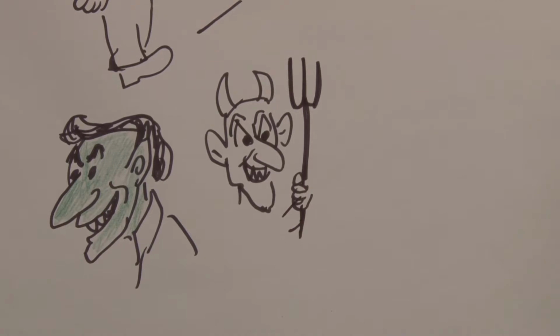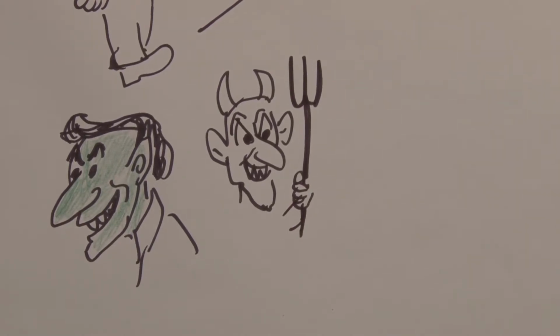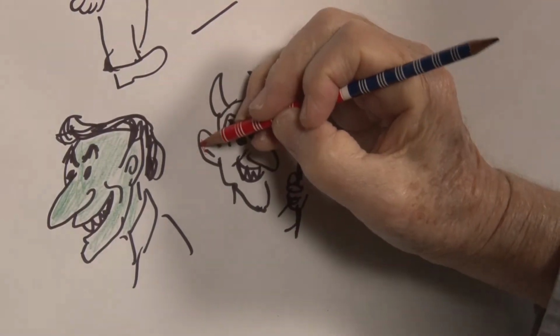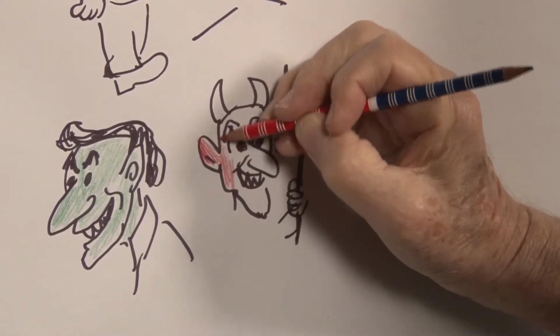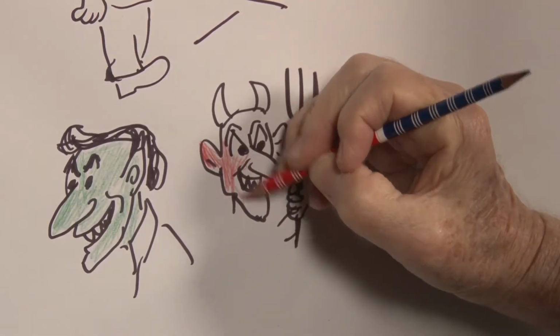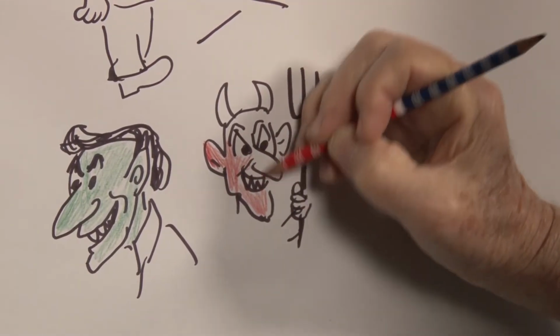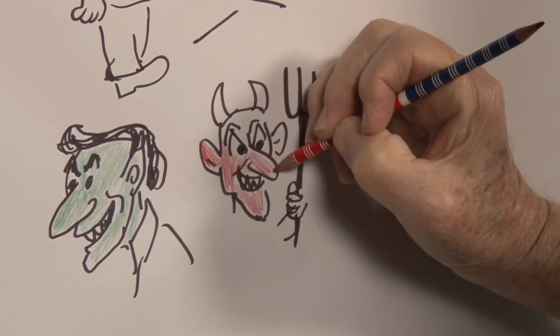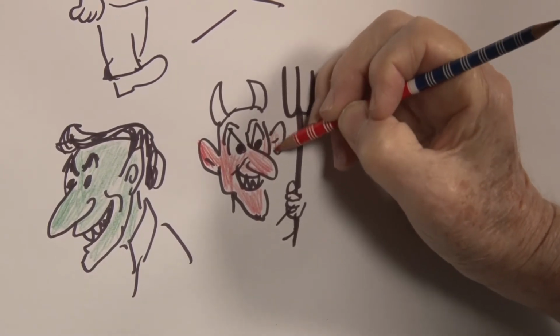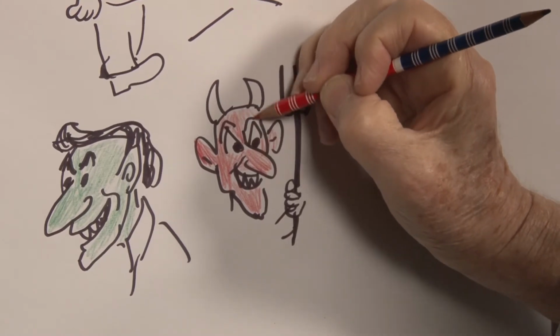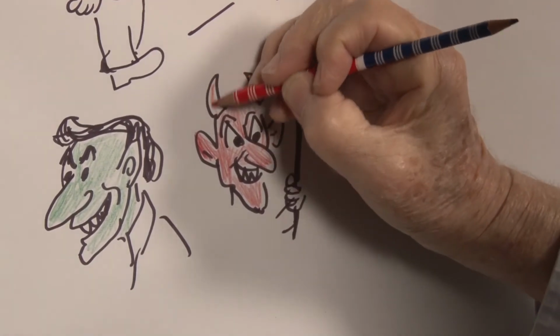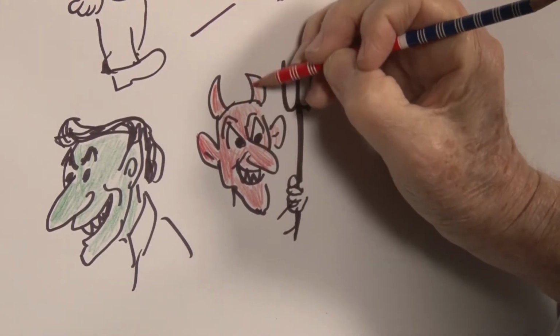Now here I think you should always use the red. I don't know why, but all the devils I've seen at trick or treat have a mask that's very red. I guess symbolizing prospective heat, and eventually. But anyway,